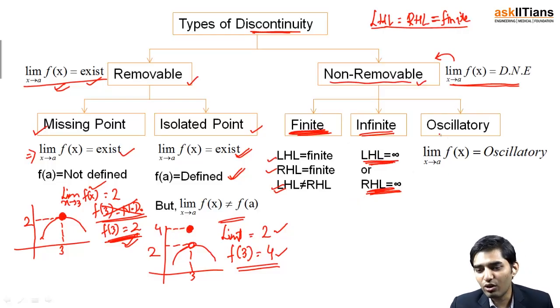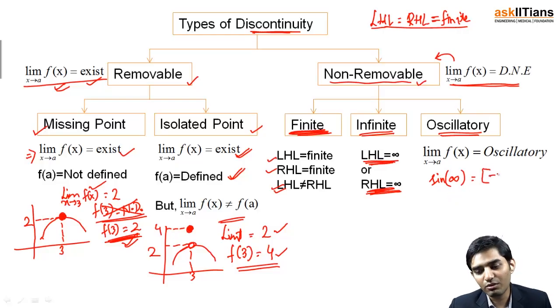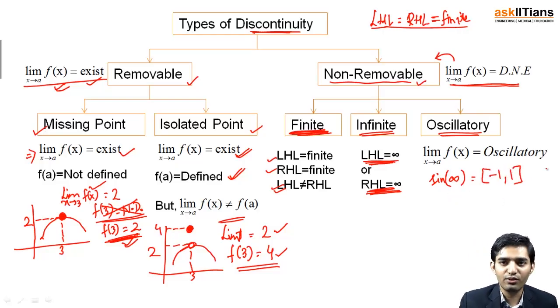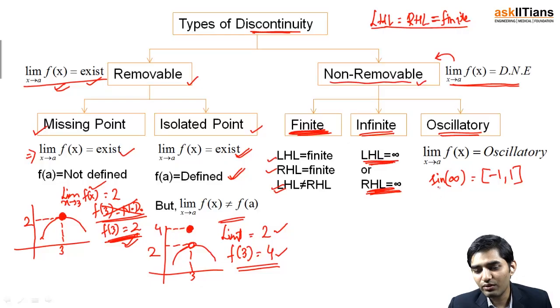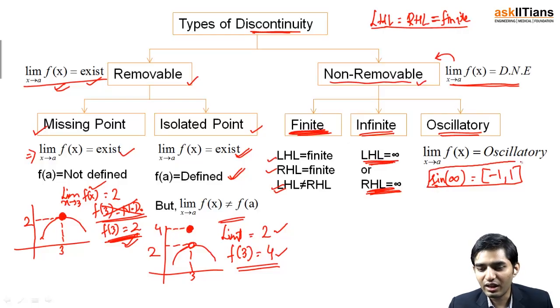And the last one is oscillatory, where the limit is oscillating. An example can be sine of infinity. Sine of infinity can be any value between -1 and 1, because the range of sine x is between -1 and 1. It can be -1, 0, 1, 0.5, -0.5, but the value is not fixed, it is oscillating between -1 and 1. Such limits are called oscillatory limits,